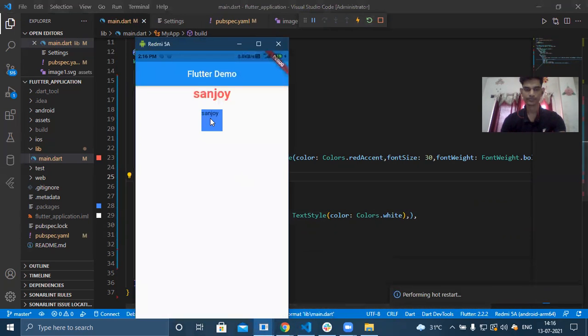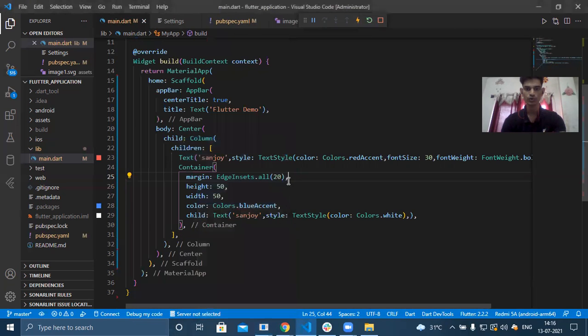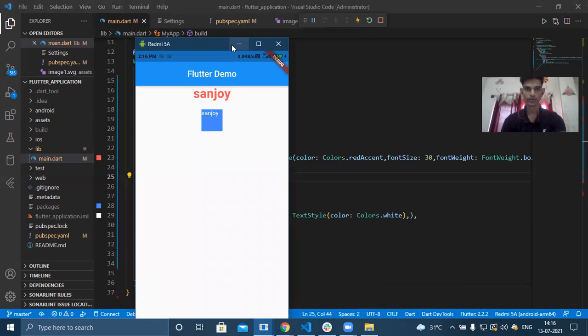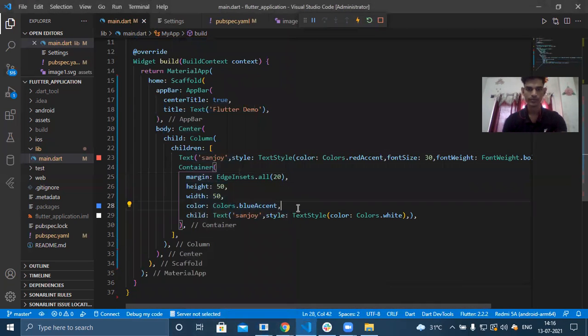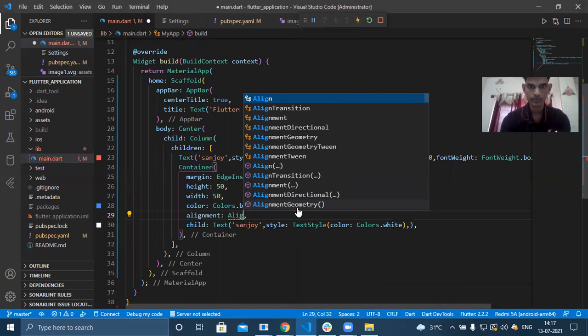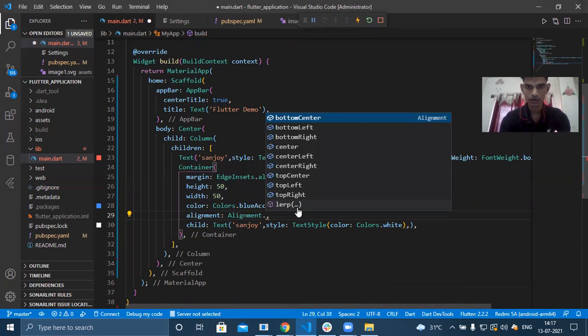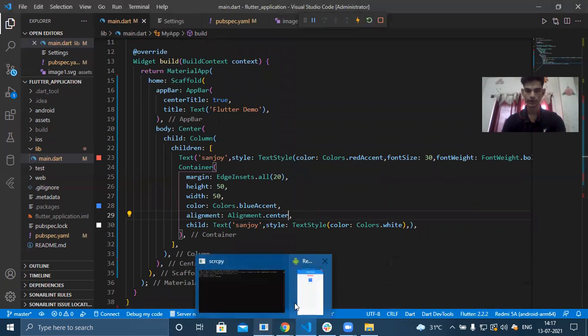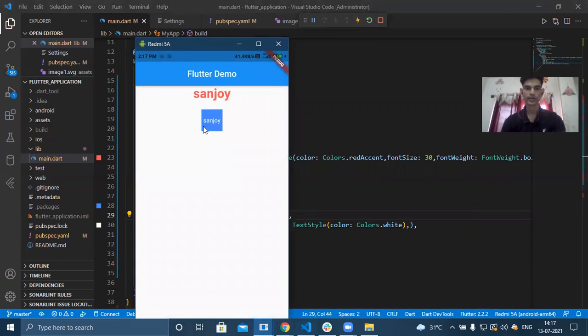You can see my text color is changed. If you want the text in the middle, there is an attribute called alignment. Yeah, you can see alignment.center. So my text is going in the middle.